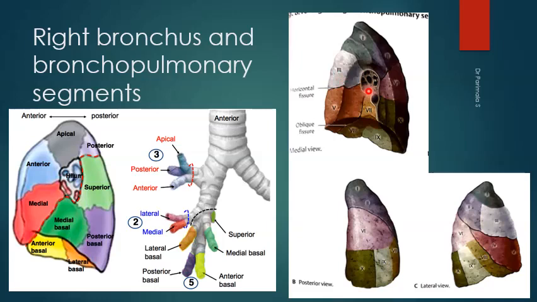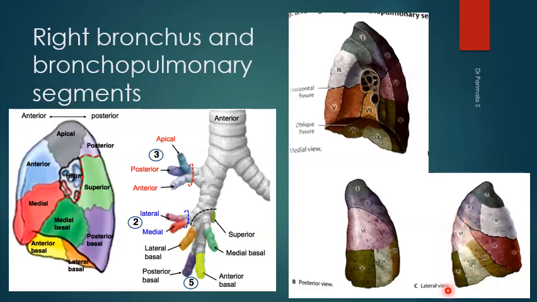Then comes the middle lobe. Middle lobe will have medial and lateral. Two we'll see, but in this view we can see only the lateral one here, fifth one, whereas fourth one we can see here anteriorly. We can see this is the lateral view. In the lateral view, the medial and lateral parts of this middle lobe are visible segments. This is the medial and this is the lateral bronchopulmonary segment.